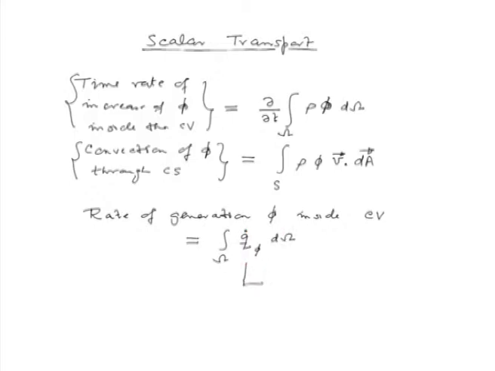Now, here similar to what we saw in the case of our energy equation, this q phi represents the source term, we can call it the volumetric generation rate,